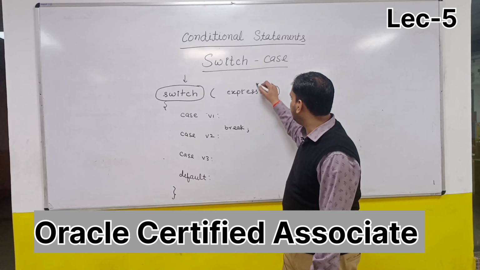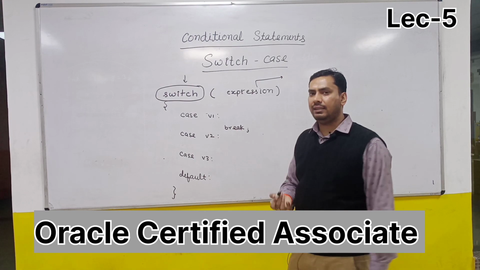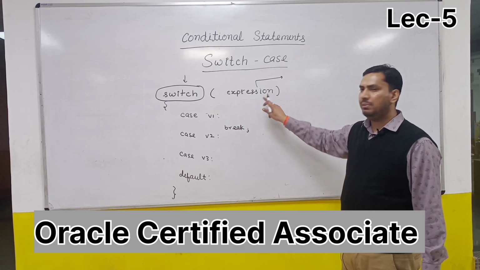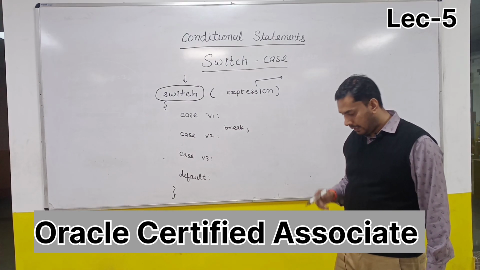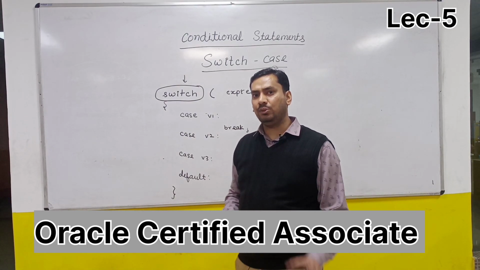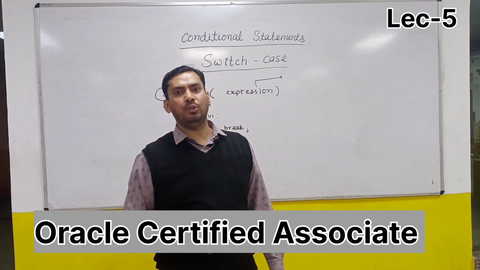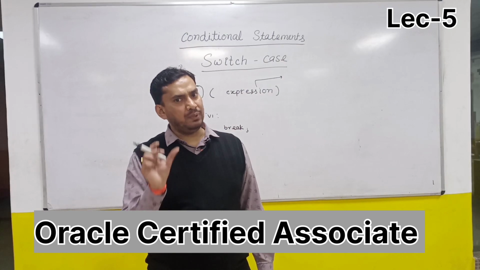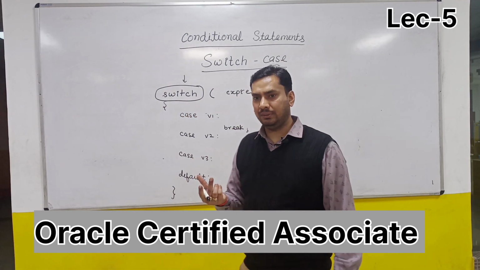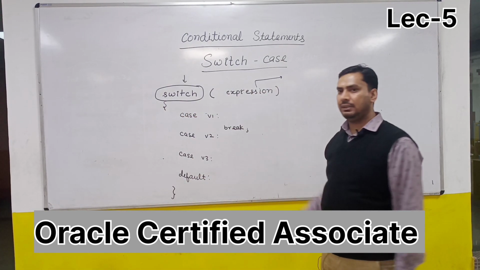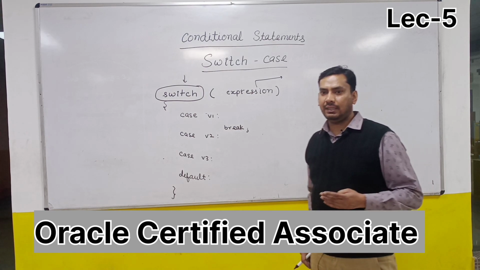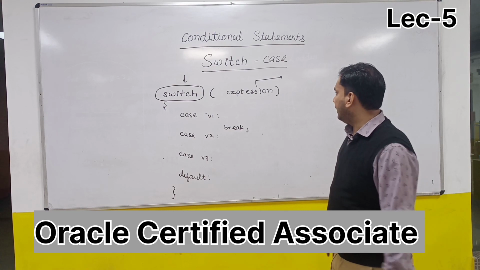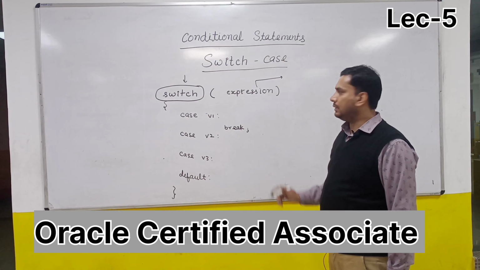So this switch expression can be anything. The first important point about the switch case is what can be the expression type. In case of if else ladder, you know that the expression will always be boolean. In if else ladder, we can only have the boolean condition. But in the switch expression, a total of 6 types are allowed. And again it is getting asked in different exams. So what are the 6 types here?